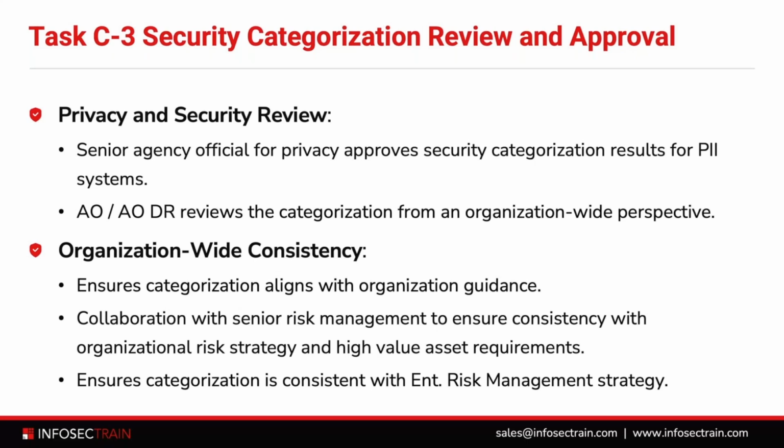So there is a privacy officer, or whomever the organization has designated this role to, who approves the systems that are directly responsible for dealing with the PII data. That particular role in an organization will review